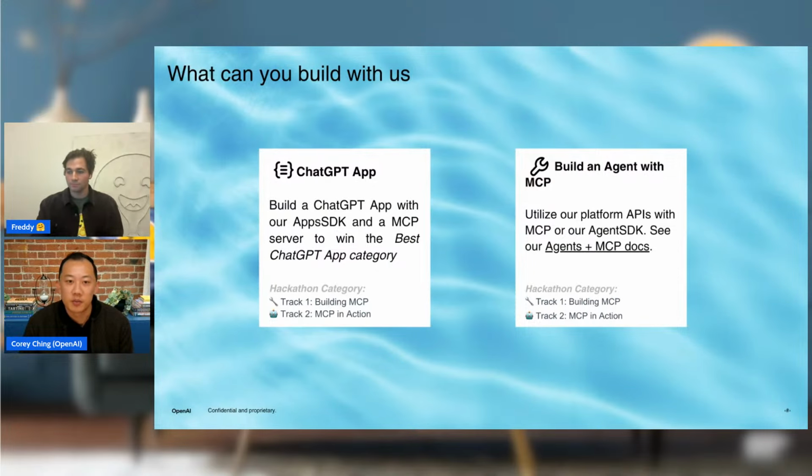The two things we'd love people to build are either a ChatGPT app or an agent with MCP. Both of these options will be beneficial for the main hackathon categories, as you can see. Roughly speaking, a ChatGPT app comprises a few different things. You have your MCP server, where you can register different tools that are then able to be called within ChatGPT. And there's also a presentation layer where you can build a widget that makes the experience even more interactive. Freddie showed a demo of that earlier, and I'll have a few slides to show a little more about that.